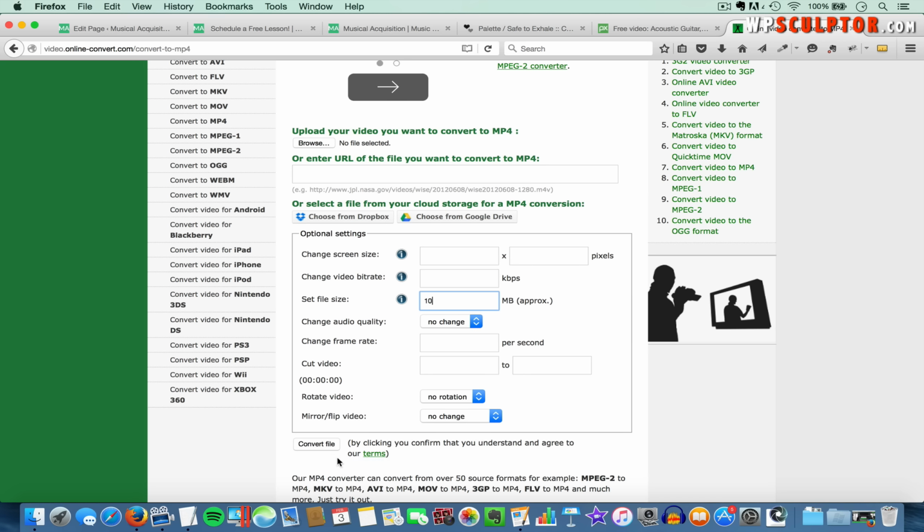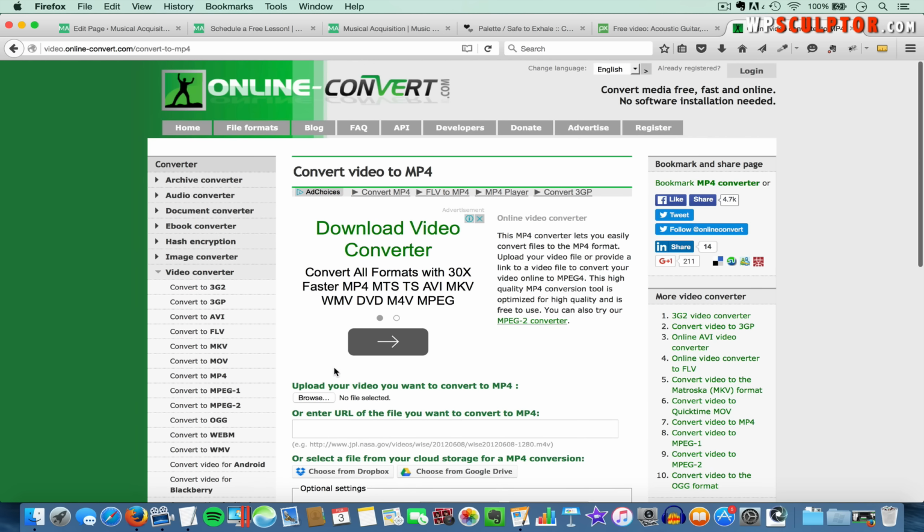And if the quality wasn't acceptable, you could always come back and try again with a higher number, say 20 megabytes, and convert that file to see how the quality turns out. Now, we need to convert our MP4 file to a .webm, so I'm going to click on Convert to WebM,